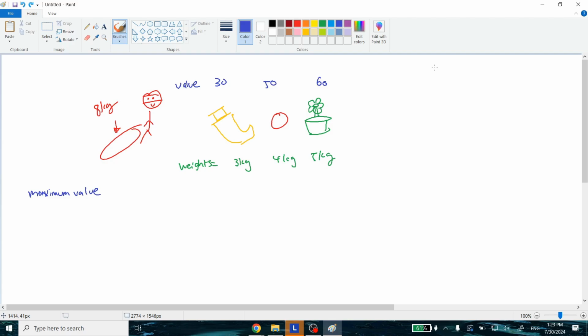Now you can't actually apply greedy, because if you apply greedy in terms of your value, then you will see that you will find an error, which is that you will go out of bounds. And it's not necessary that your least kg item will have the least value. It could be possible that this could be like 90. So the greedy search will not be applicable over here. So we need to do some sort of recursion to brute force all of the possibilities and then find our answer. So now that you've understood the question,